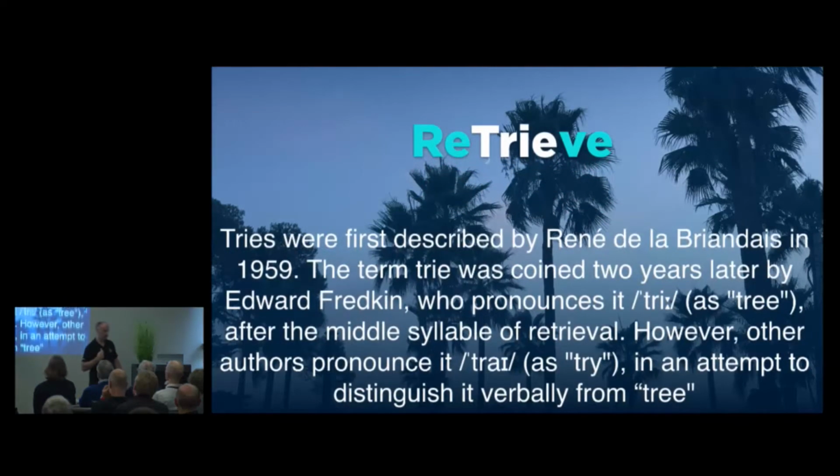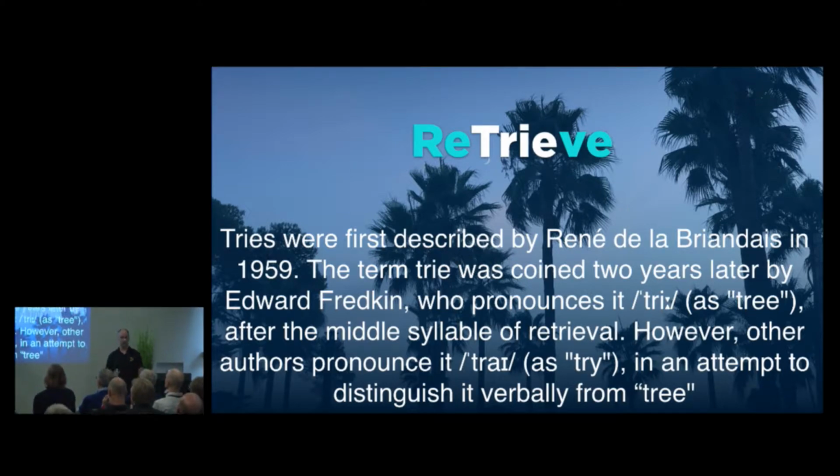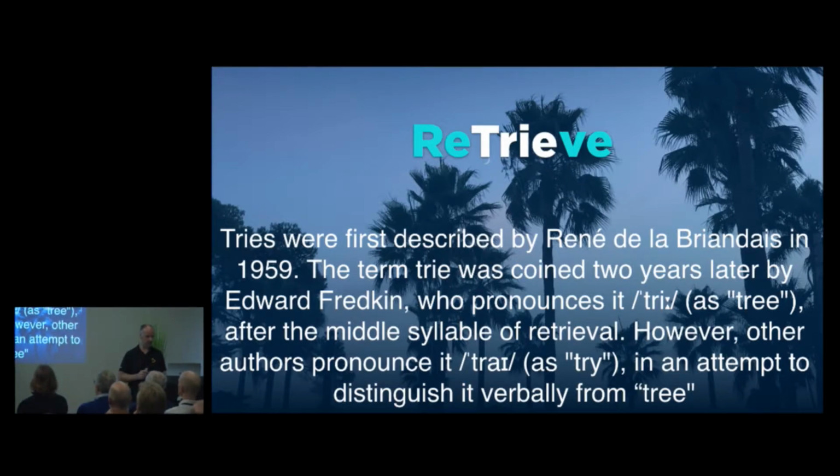In fact, if we look at the Wikipedia entry, it says that they were first described in 1959, so it's not a new idea by any stretch. As I say, most of you probably have come across them before. The term trie was coined 2 years later by Edward Fredkin, who pronounced it as tree, after the middle syllable of retrieval. However, other authors pronounce it as try, in an attempt to distinguish it verbally from tree.